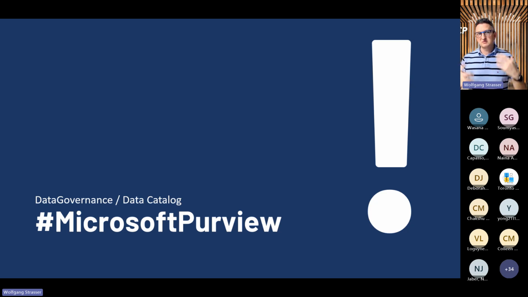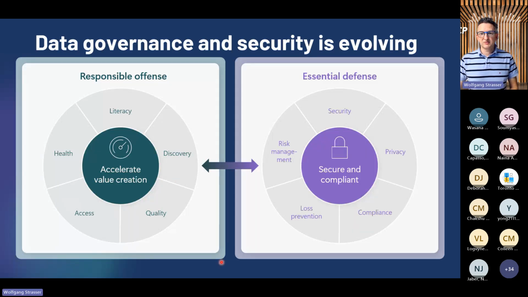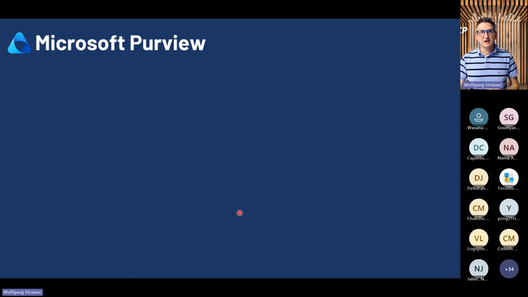And one of those examples from Microsoft is Microsoft Purview. And maybe you've heard about Microsoft Purview, and what actually is Microsoft Purview is the most common question. Whenever we talk about governance, security, it's getting more and more related, and it's getting more and more important. Things are coming together. They have to get closer. But when we talk about Purview, maybe you've used Azure Purview, but is Azure Purview now in Microsoft Purview? What actually is in there?